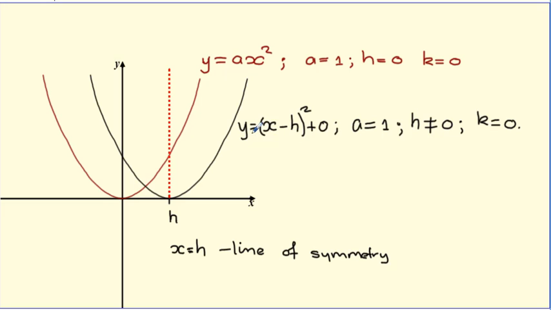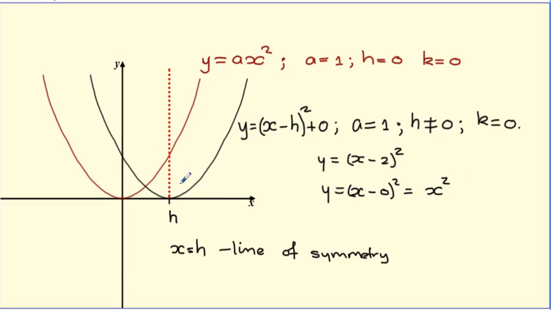Now if we take a graph of this nature, for example where h is not equal to 0, we can take an example which says y is equal to (x minus 2) all squared, and we want to compare this with the standard graph, which will be (x minus 0) all squared,